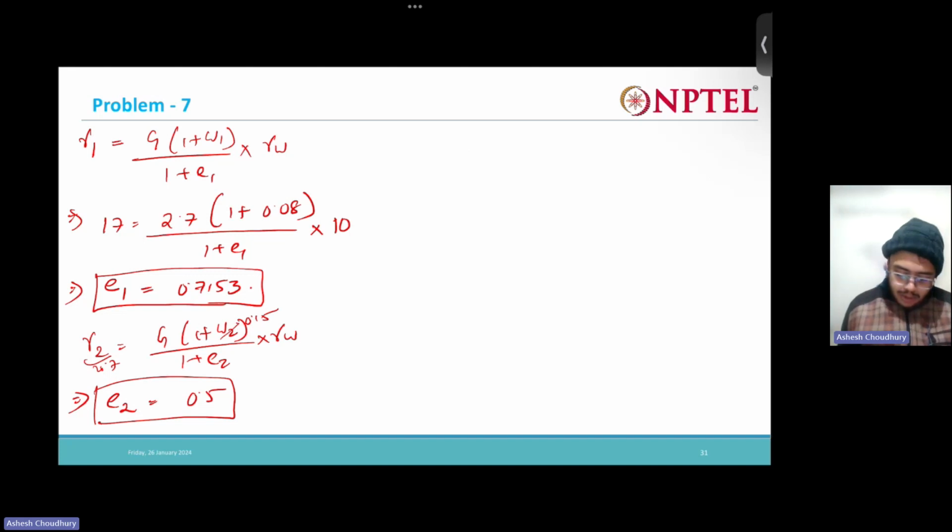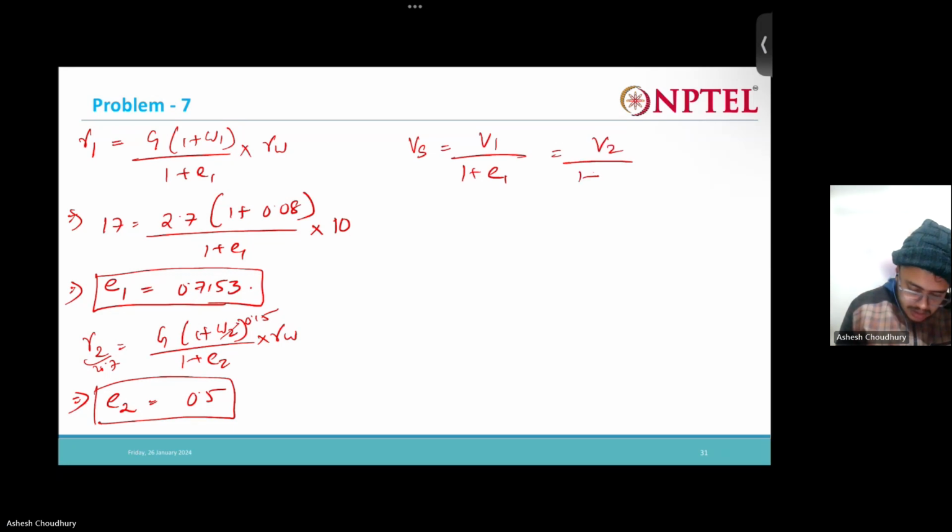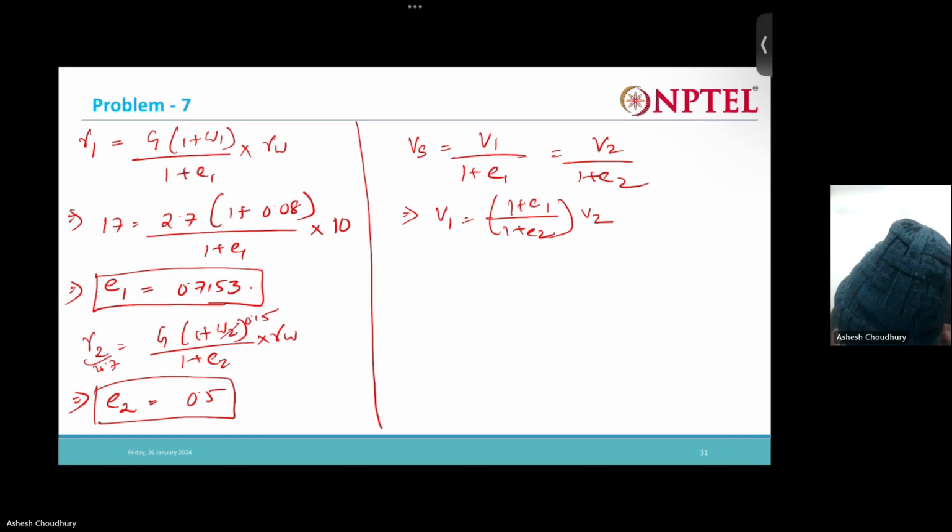The soil solids are going to occupy the same volume. So what I can do is that I can write like this from here. Right? So if I put all the data,